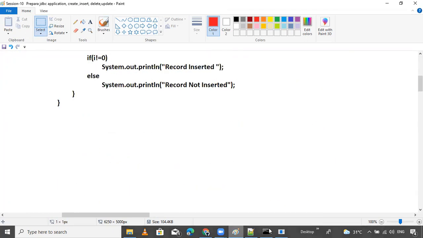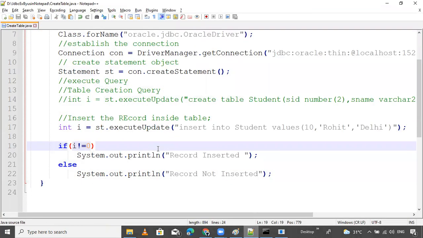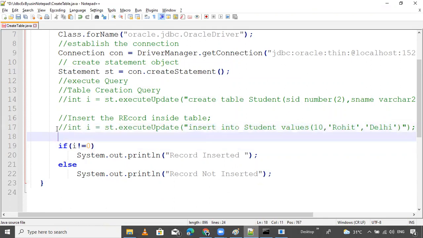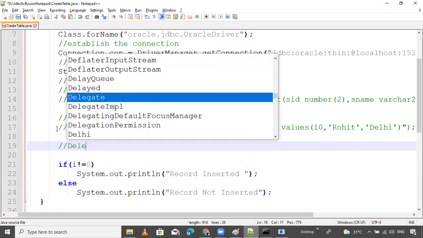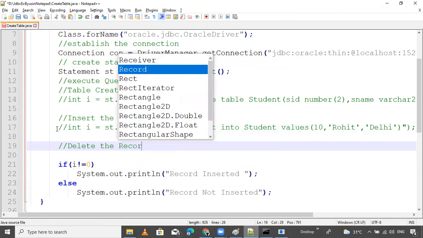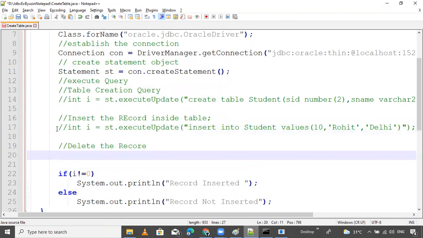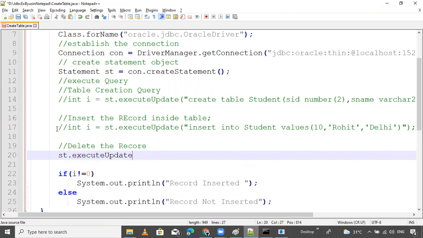Okay, now I will show you how to delete the record. Delete is a non-select query, so delete the record. How to delete the record, I will show you. st.executeUpdate method is the same.